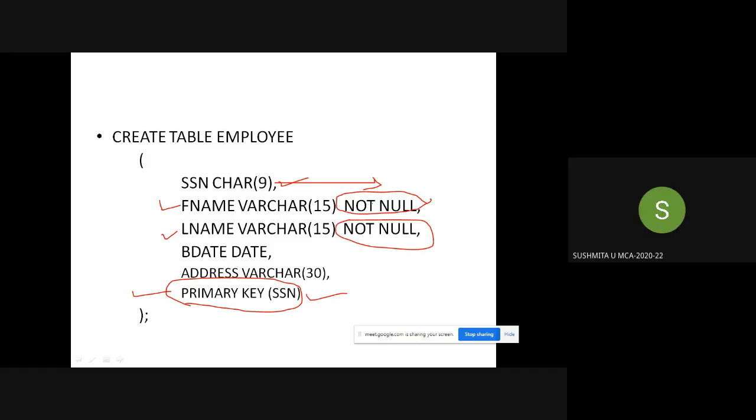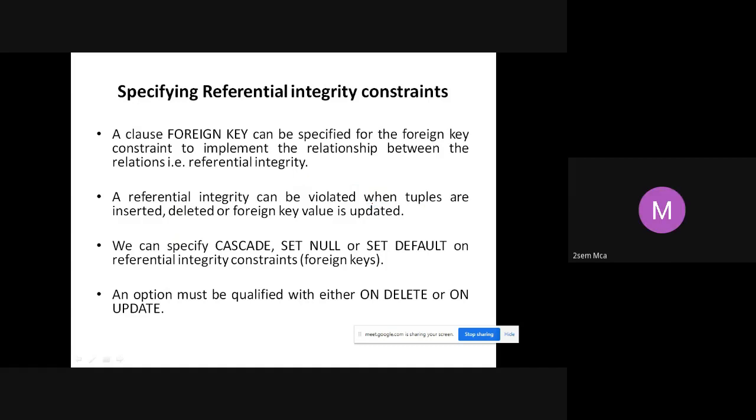Yes, ma'am. Next we are going to discuss specifying referential integrity constraints. Referential integrity constraints means nothing but the foreign key constraint. A foreign key clause can be specified to implement the relationship, that is your referential integrity.